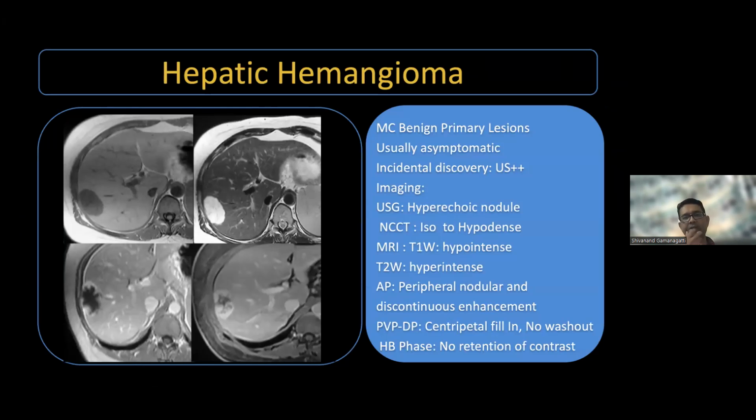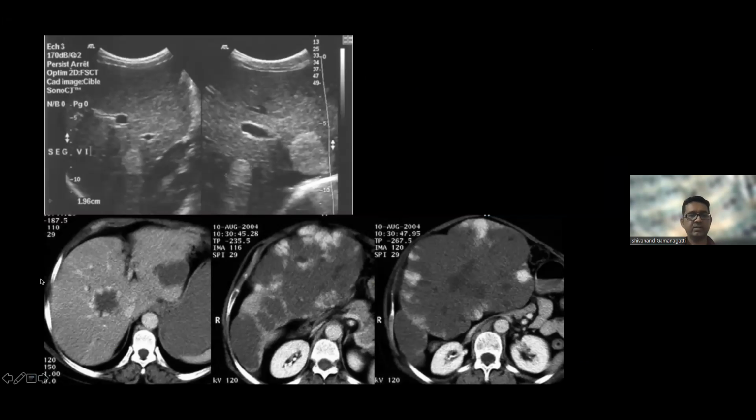The most common solid lesion is the hemangioma, and it will typically show peripheral nodular enhancement and gradual centripetal filling in. And these lesions on ultrasound tend to be very, very echogenic. So especially if you have done imaging as a screening modality or for some other purpose, you see these